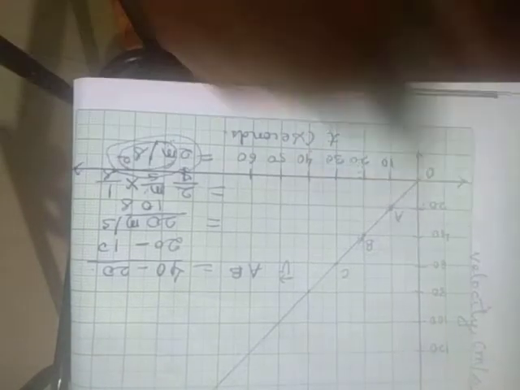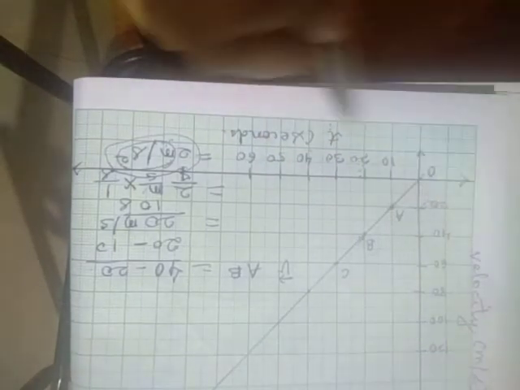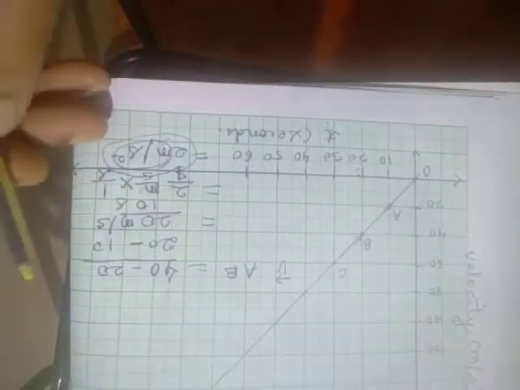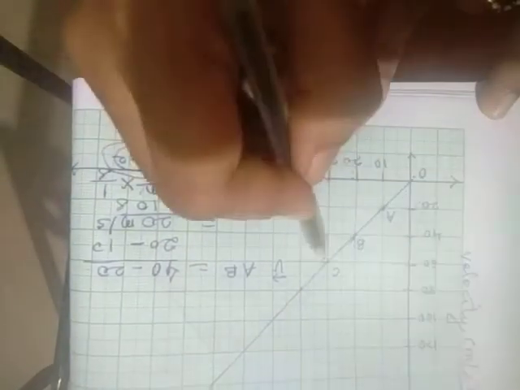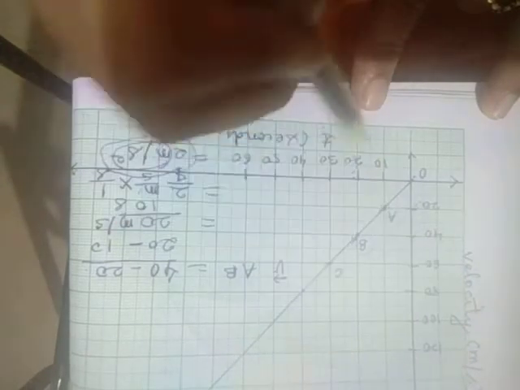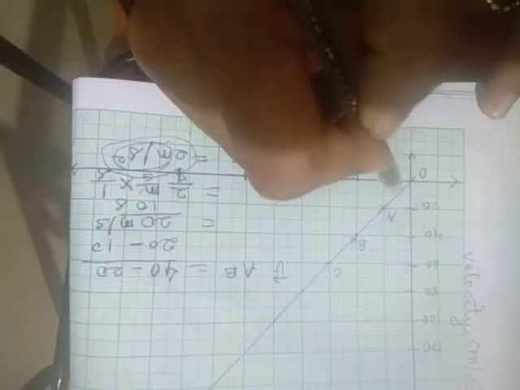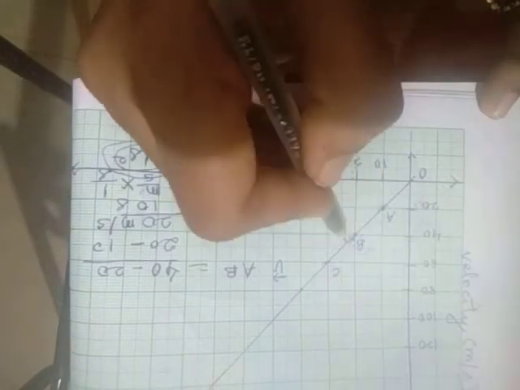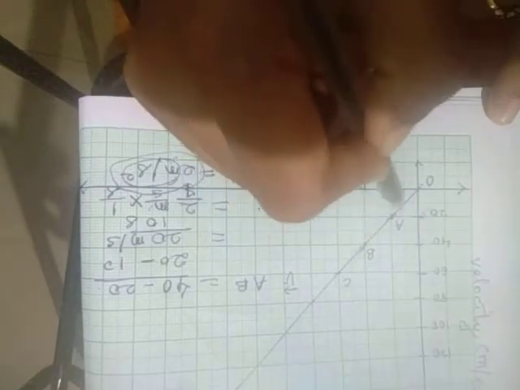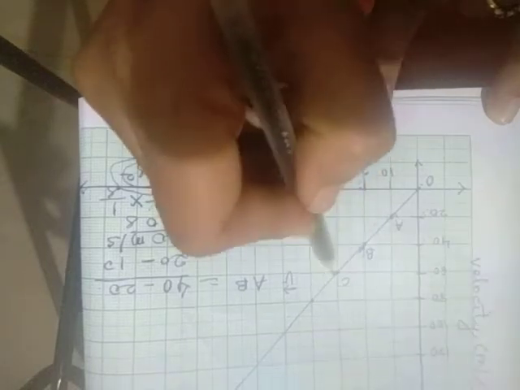So that means the velocity time graph gives us what? The slope of the velocity time graph gives us acceleration. Fine, students, have you understood what it is? It is giving us acceleration. So this is a linear graph, and this linear graph indicates that acceleration has taken place. But how is the acceleration? Is it uniform? Let us find out. Between these two points it is 2 meters per second square. Let us see whether it will again be 2 meters per second square at the next two points or not.